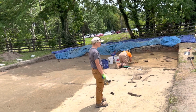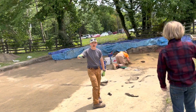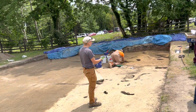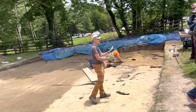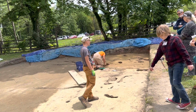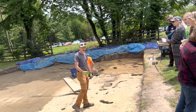Now the clay pathway is also fairly thick. You can see about how thick it is up in that block, where the lower portions are the natural subsoil, which is where we stop excavating in archaeology. Here, in the little windows we've been able to see from modern tree roots that we've removed, this clay is going to be pretty thick. They moved a lot of soil on this property to create these pathways. So when we excavate through here, it's going to take us a little bit of time,